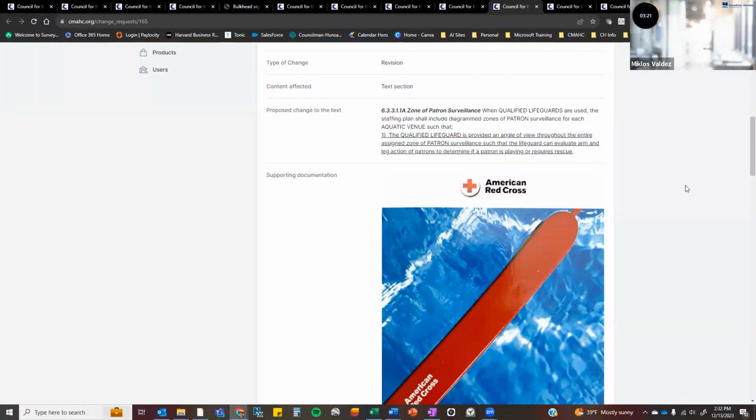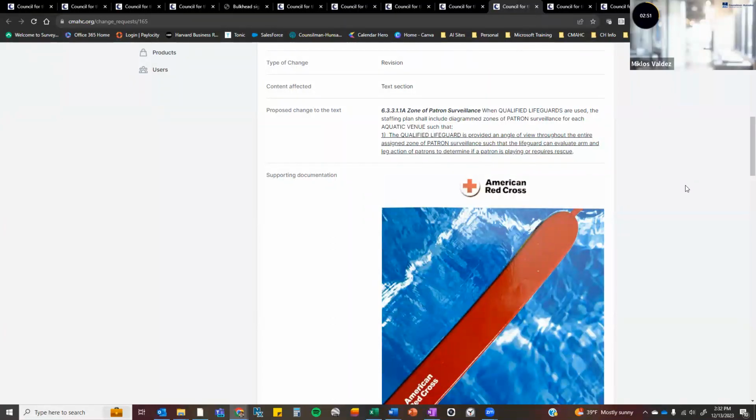What it sounds like the intention is for the submitter is that I think what they're trying to speak to with evaluating arm and leg action is that the lifeguard can see all areas, but also can see enough that they're able to actually evaluate what's going on, which is not specifically talked about